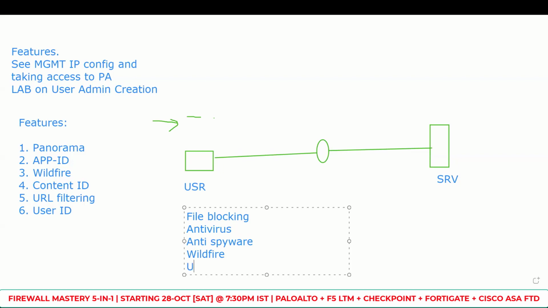And you also have URL filtering, which I'll be talking about next. So all these features combined make up Content-ID. It's basically going to analyze the content that you are sending or receiving to check if it has any sort of threat amongst these threats that we are seeing. In terms of file blocking, you can specify whether you are blocking a specific file extension, antivirus, anti-spyware, WildFire, URL filtering, right? So talking about URL filtering specifically, you basically are going to